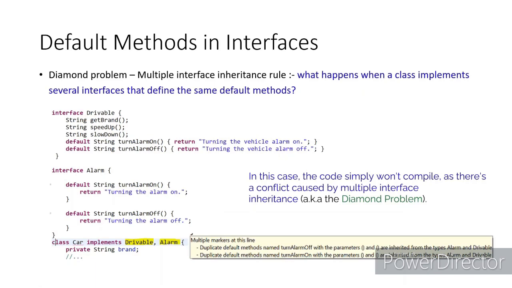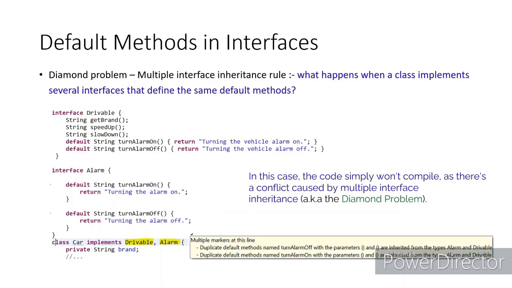This kind of problem is commonly called the diamond problem. Here it is about interfaces, but even with a base class, there is no multiple inheritance in Java. So you don't come across a diamond problem with classes in Java, because multiple inheritance is not there. You don't have two base classes and a derived class which is implementing the two base classes. It was automatically avoided because multiple inheritance was not there in Java.